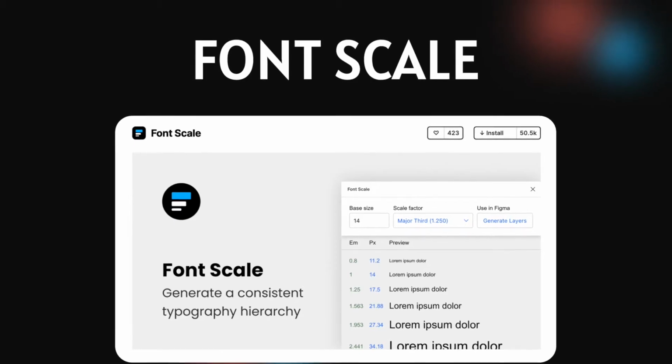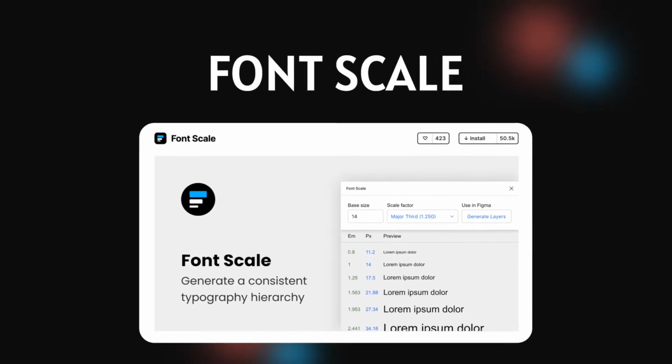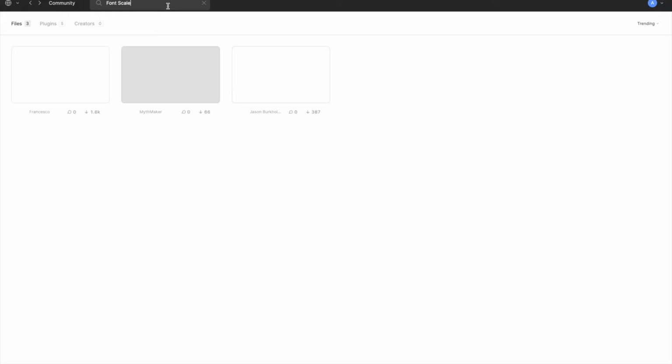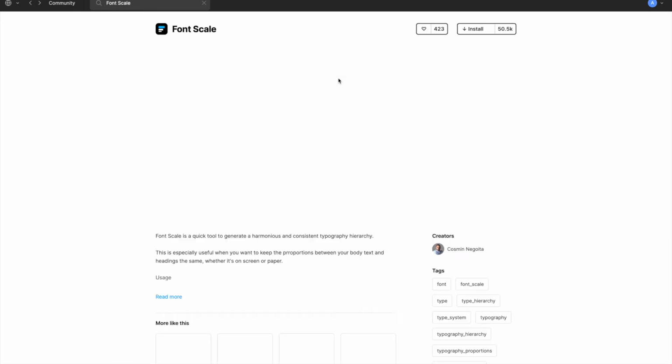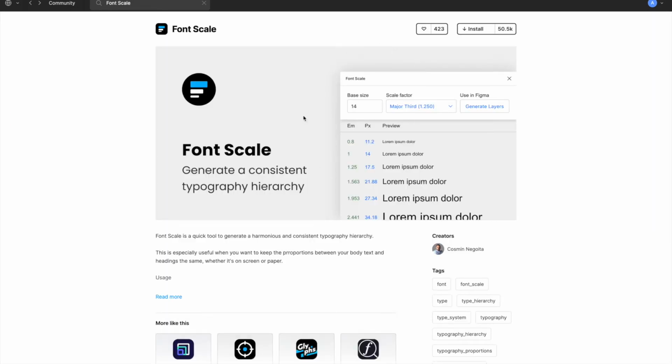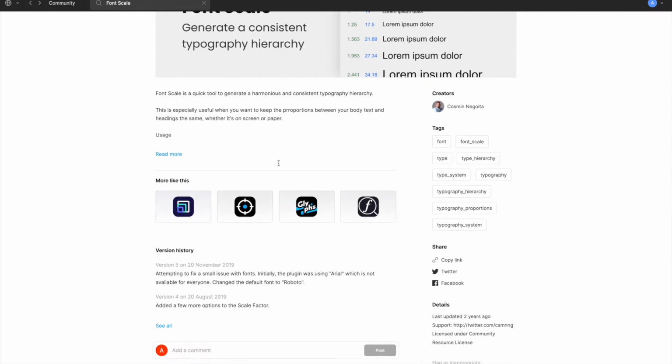The third plugin we are going to see is Font Scale. Font Scale is a quick tool to generate a harmonious and consistent typography hierarchy. This is especially useful when you want to keep the proportions between your body text and headings the same, whether it's on screen or paper. The usage as explained by Kasmin Nagoida is: